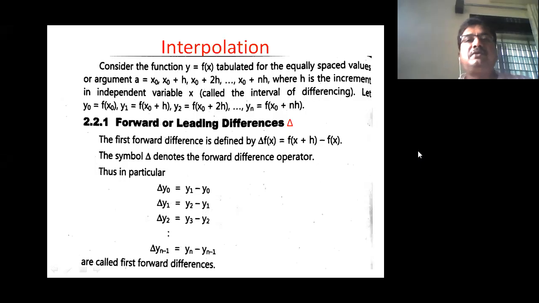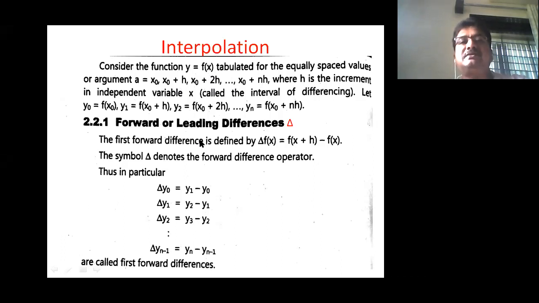Today the topic for discussion is interpolations. We see some operators first. So y is equal to f(x) is the given function, and the values of x are x naught plus h, x naught plus 2h, x naught plus nh are called arguments, and these values